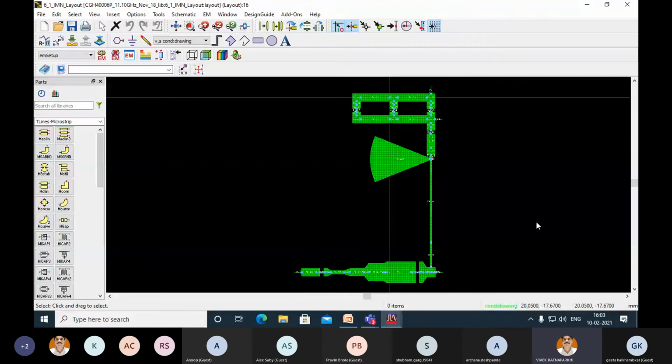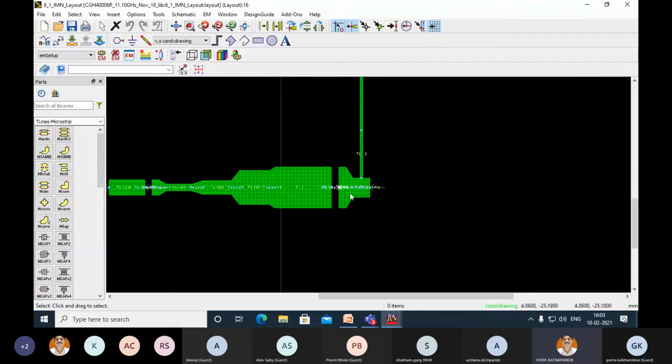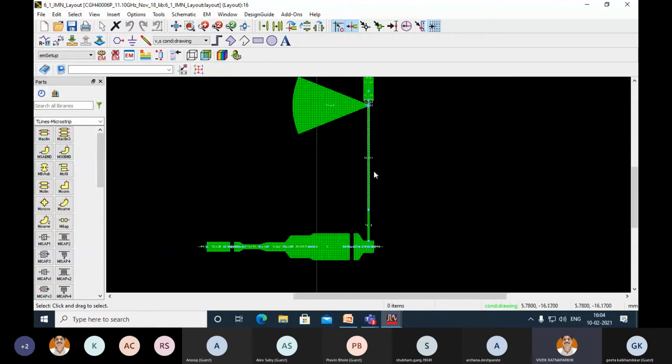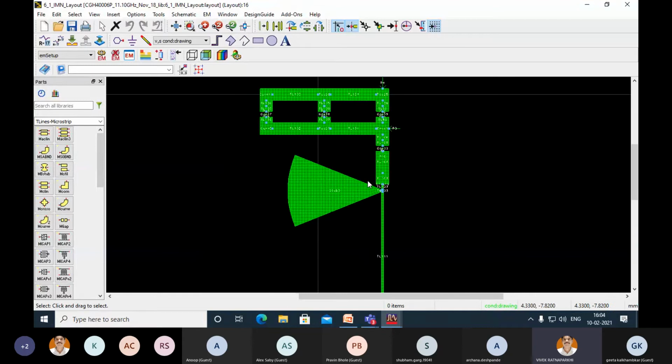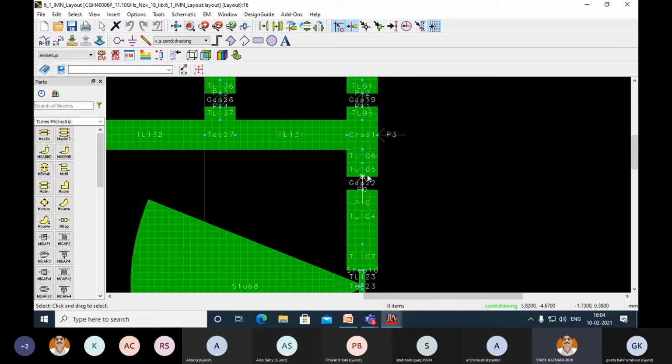So this is my input section now. Practically, how it looks, you can see here: the gate terminal of the transistor will come here. Here the stability network with resistor and capacitor will come. This is the gate bias T, a lambda by 4 line, a very thin lambda by 4 line. This is sufficient for that particular current. Then a radial stub, some extension in the transmission line. Then I have a resistor of 40 ohms. So I have created a provision to insert the 40 ohm resistor here for improvement in stability.